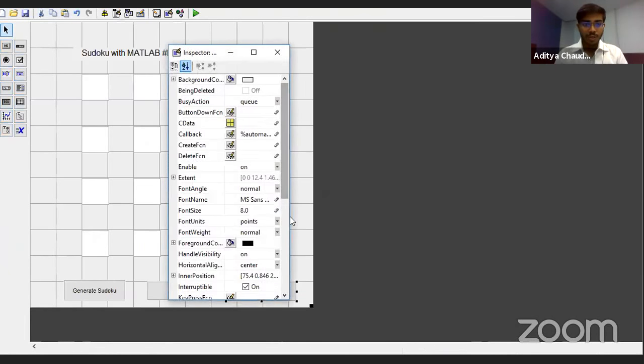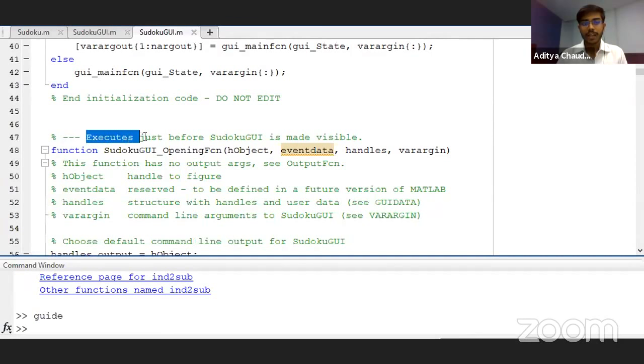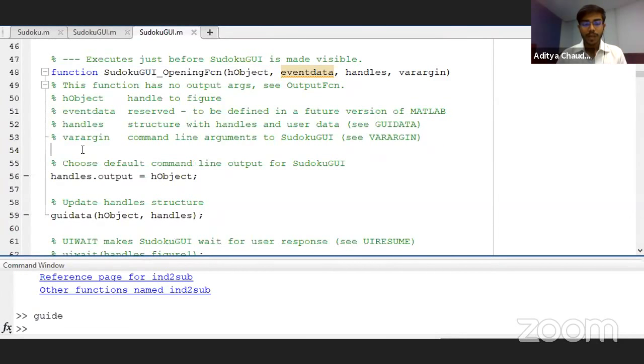Before starting, in line number 50, or around 50, you'll find the Sudoku GUI opening function. It will execute just before Sudoku GUI is made visible. In this part you'll have to add a line to add a background to your GUI.